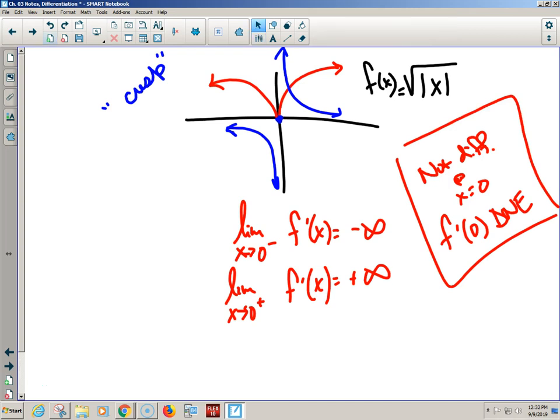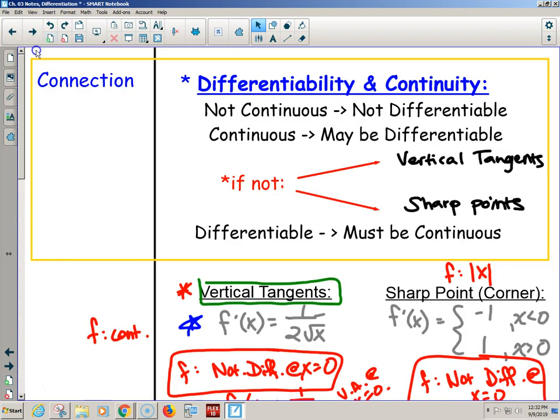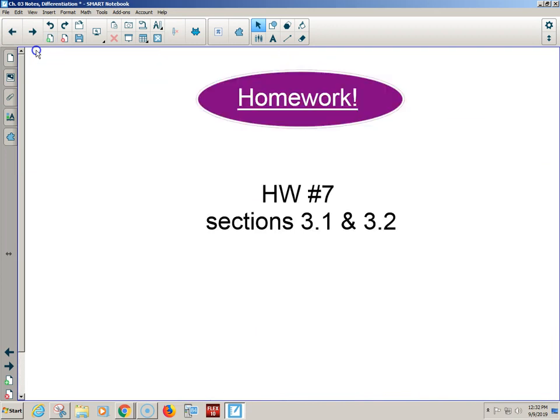That's the book's definition of a cusp. So we have corners, we have cusps, and we have VTLs, and all of that falls under the heading of differentiability, section 3.2. So if you guys want to go ahead and get section 3.2 homework written down,